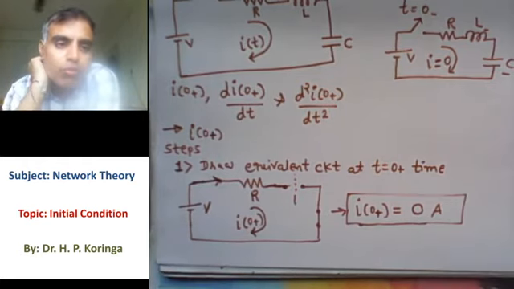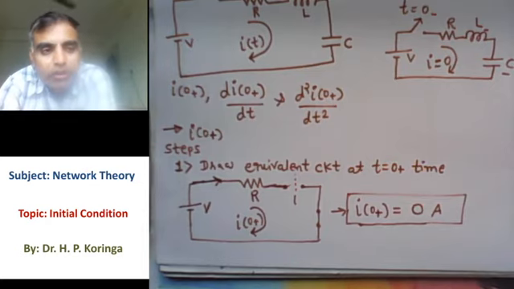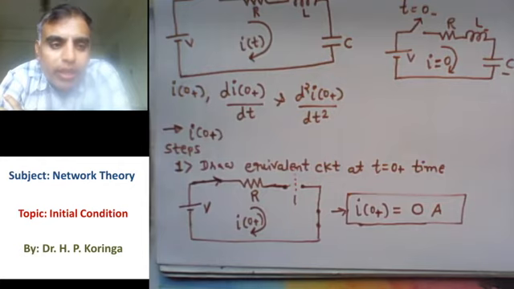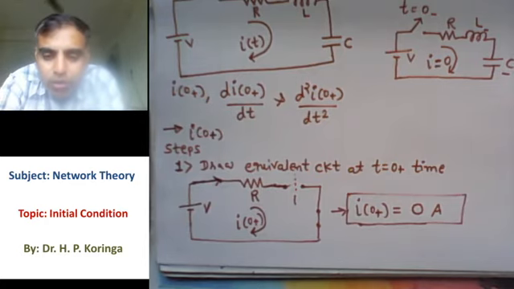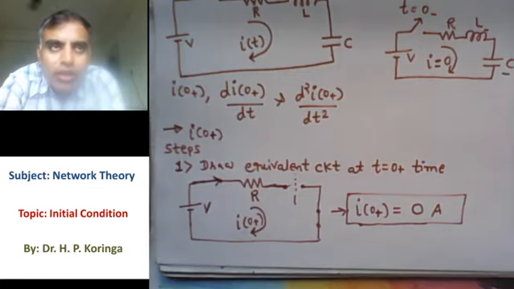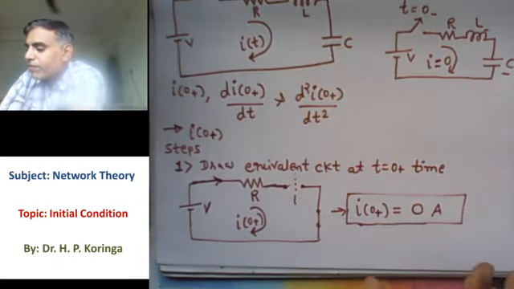So what are the steps to solve the I0 plus? The step is we have to draw the network by replacing all the components with their equivalent components at t0 plus, and then apply KVL, KCL to solve the I0 plus or V0 plus. Here we applied KVL to solve the I0 plus, and due to the open circuit, it is 0 ampere. Now to solve the derivative terms di0 plus divided by dt and d square I0 plus divided by dt square, the steps are